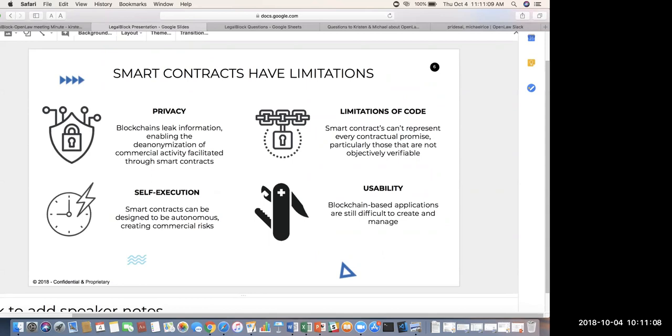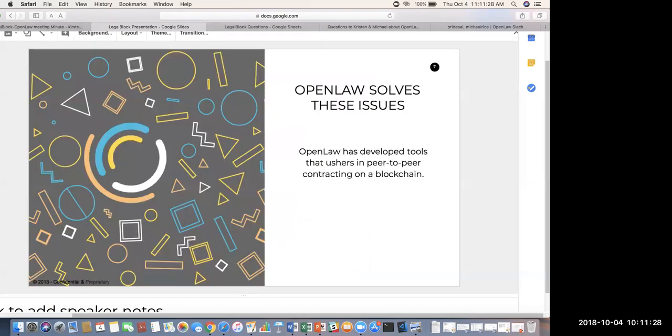There is a privacy concern. They're self-executing, which can create commercial risk, and some applications are difficult to manage. And there are some contractual provisions that, if they're not objectively verifiable, are difficult to actually put into code. So those issues are what we're fixing with our platform.